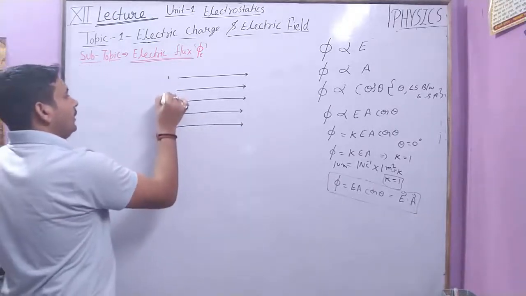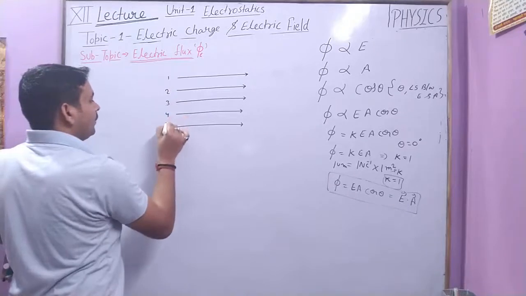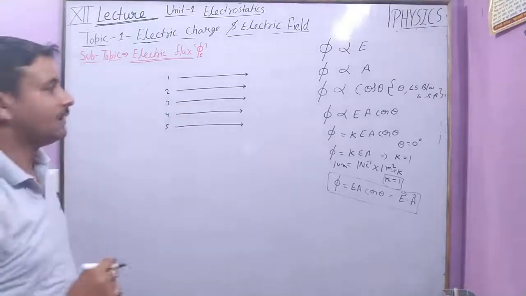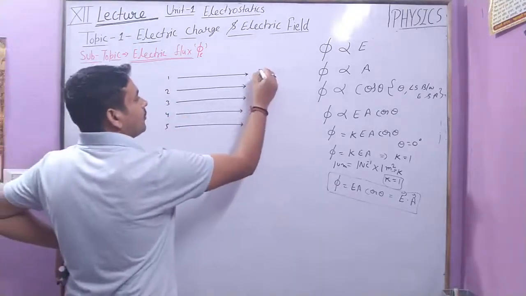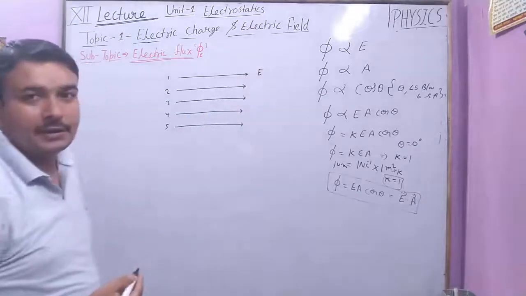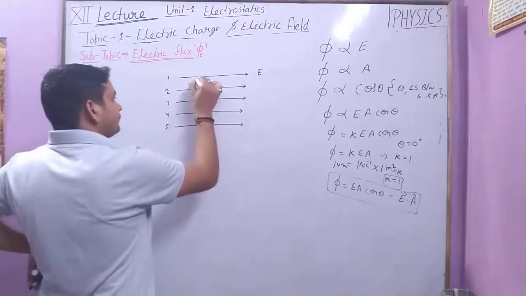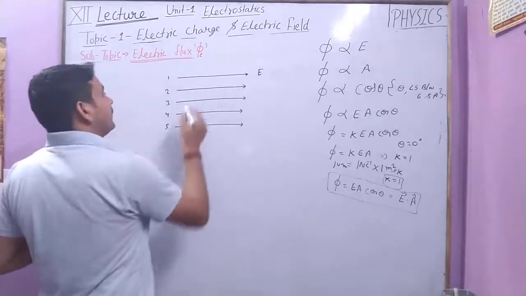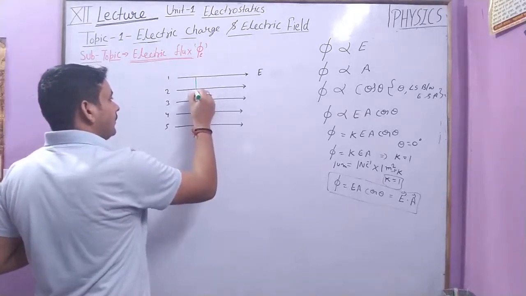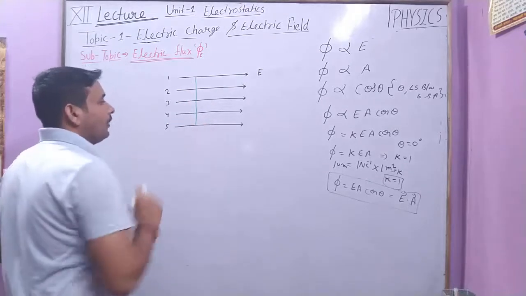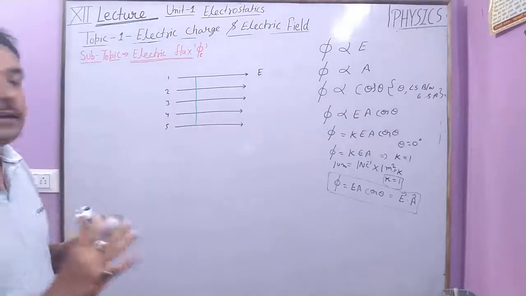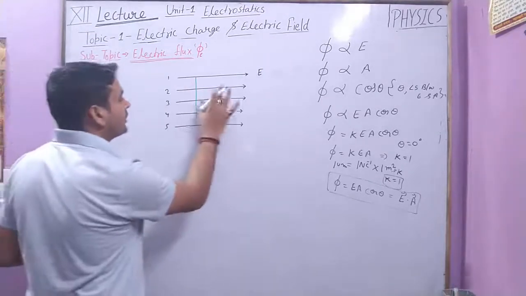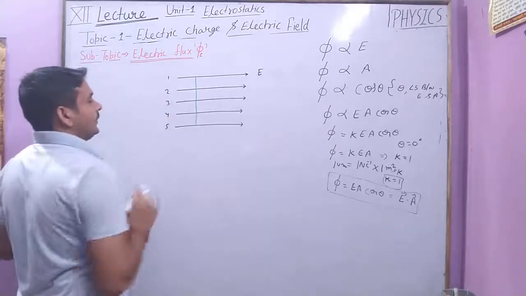Here 1, 2, 3, 4 and 5 electric field lines are crossing a particular area. Let's say the area of the surface from which all the lines are crossing is